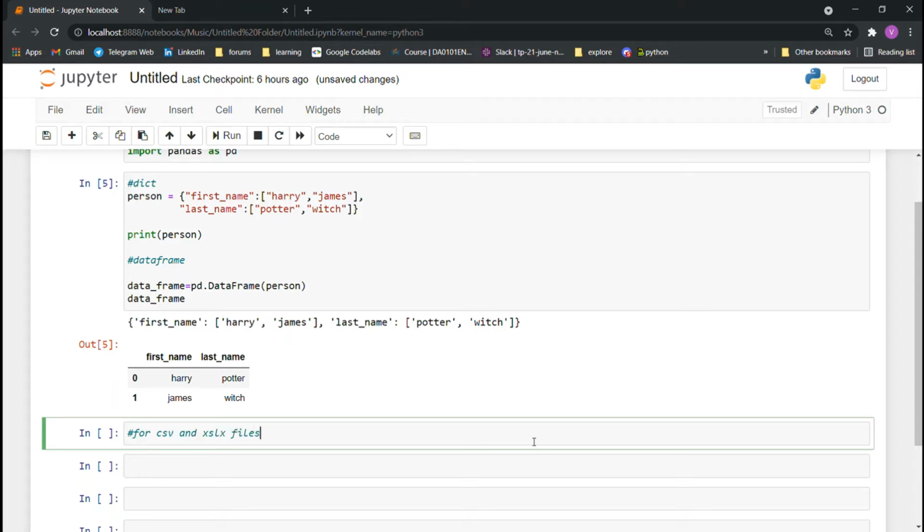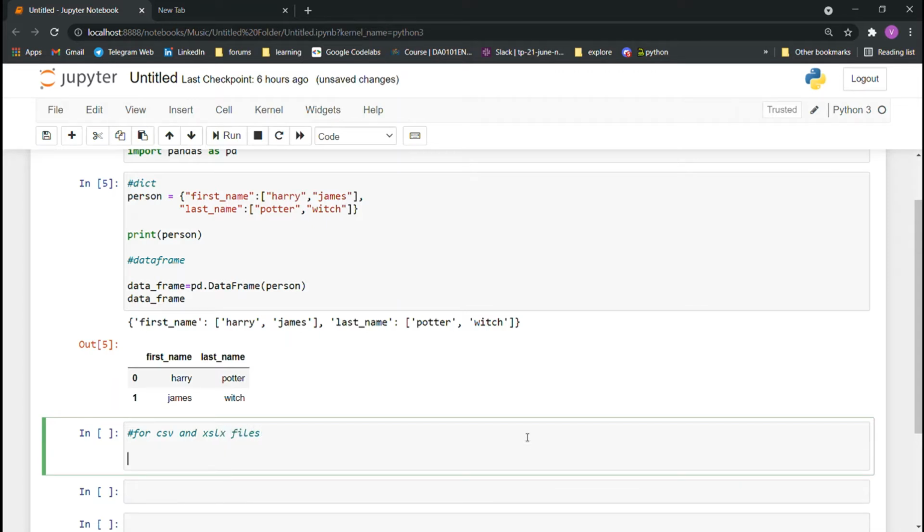We can import CSV files and Excel files, and also JSON files. In this tutorial we are using the Uber driver dataset. It's a CSV file, and here CSV stands for comma separated values. The Uber driver dataset is also in the description.